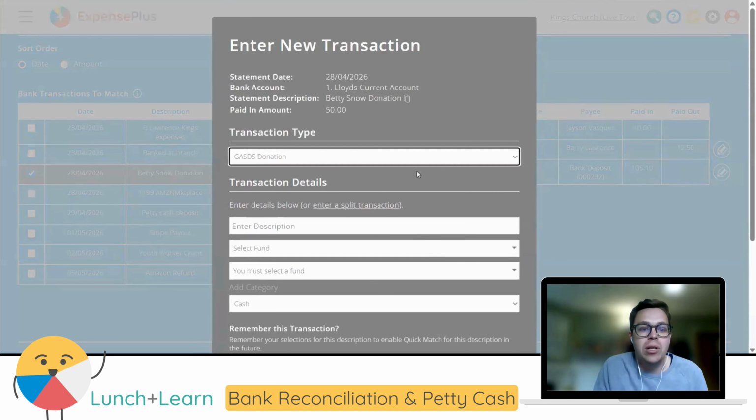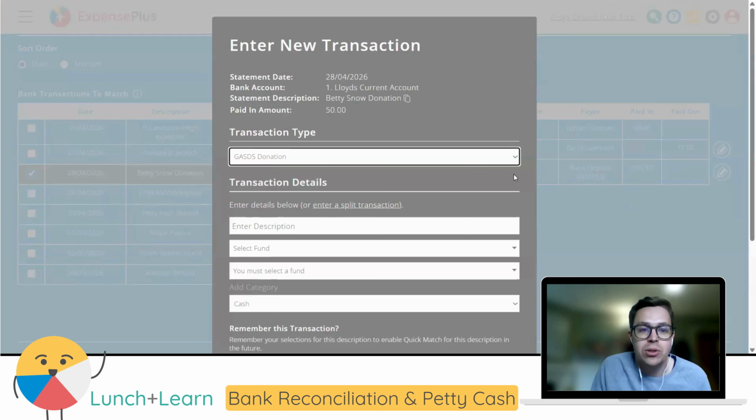A GADS donation, similarly, if this is income that is a donation that has come from either cash or contactless card and is under £30, and it could be from a named donor, as long as that named donor doesn't have a gift aid declaration, then this can be claimed as GADS, that's Gift Aid Small Donation Scheme. There are other criteria, so it's worth checking out the HMRC website if you're questioning whether something can be claimed under the GAD scheme. But this is how you could